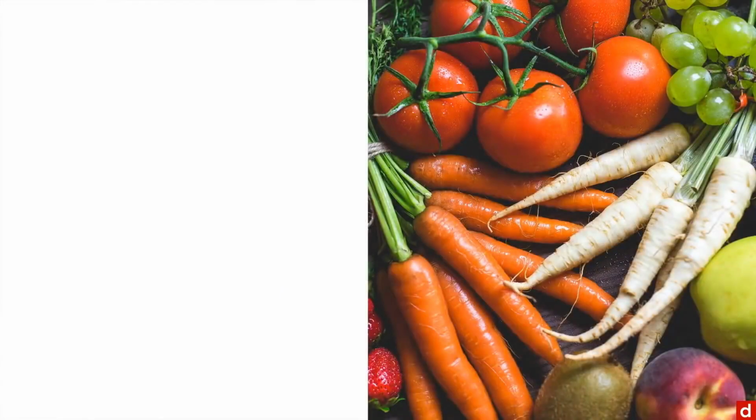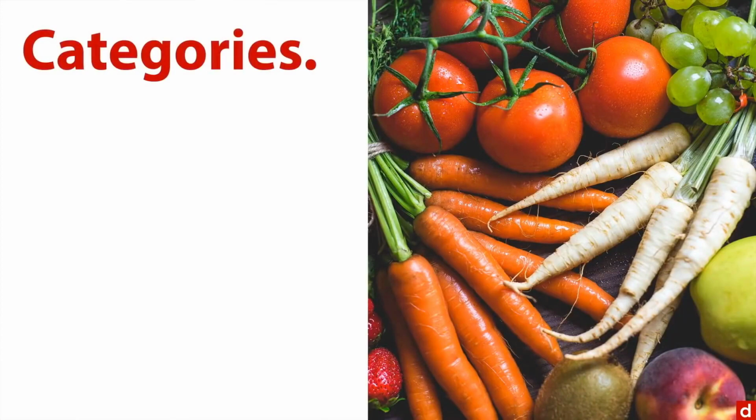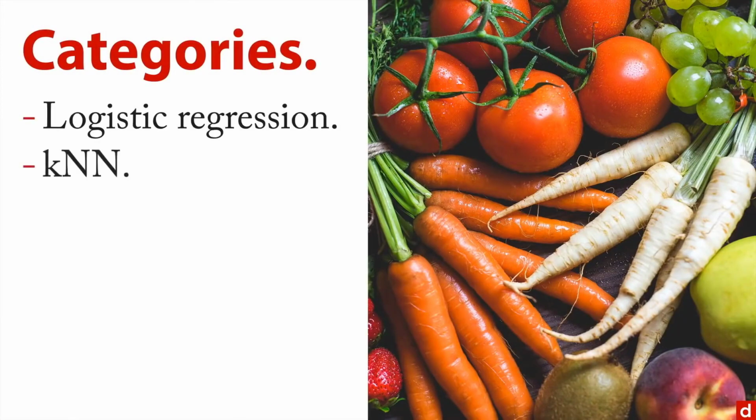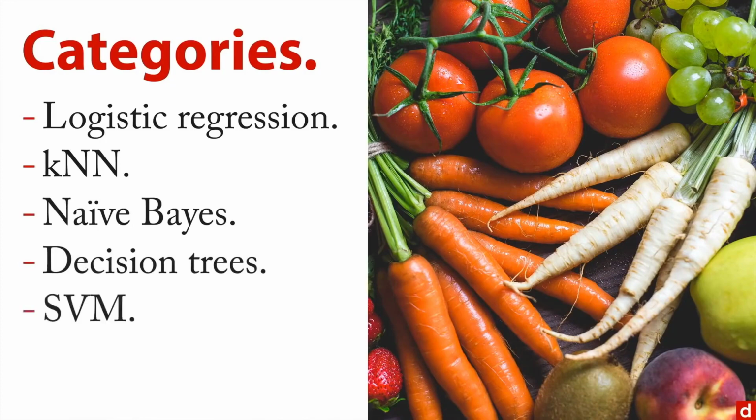Or if we go back to categories, again, I talked about like for like. You can use things like logistic regression or k nearest neighbors, KNN. You can use naive Bayes for classification, or decision trees, or SVM, which is support vector machines, or artificial neural nets. Any of those will help you find the patterns and the clumping in your data so you can get similar cases next to each other and get the cohesion that you need to make conclusions about these groups.